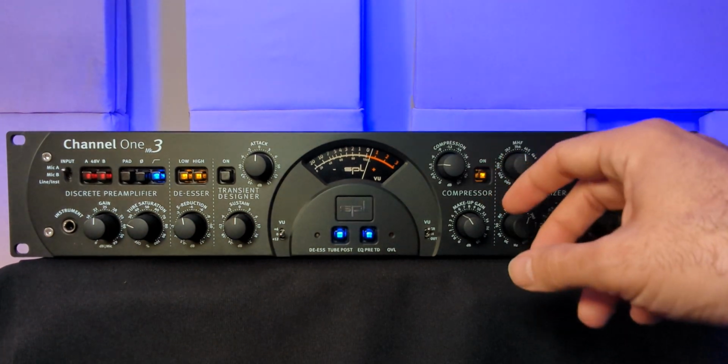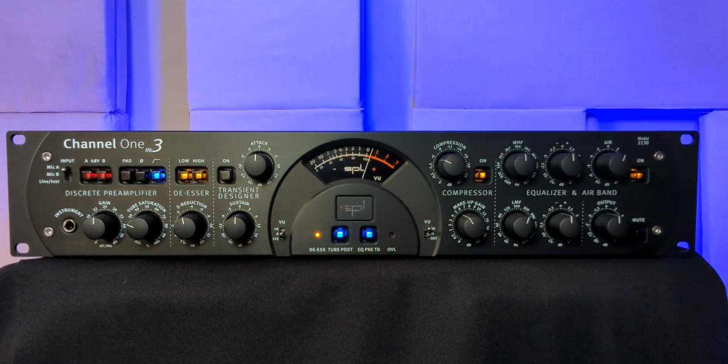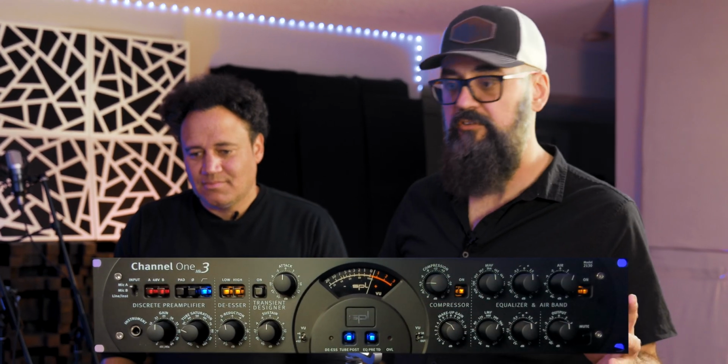Then we have the compressor. Now the compressor is actually a very smooth and transparent type of compressor. It's a dual VCA compressor. So it has like 2 VCAs basically. One that will take care of the, now I'm gonna get a bit more...